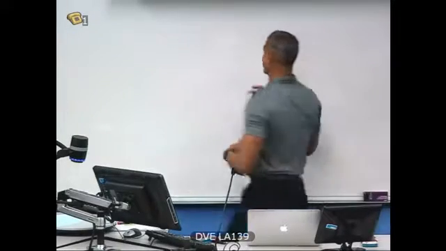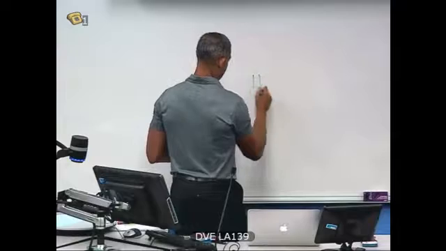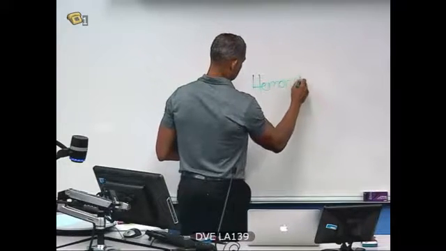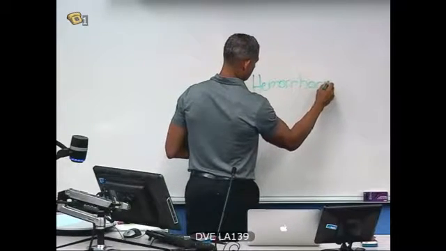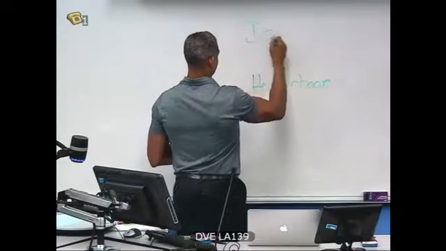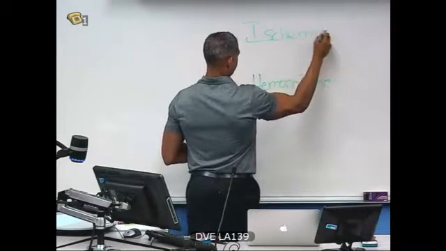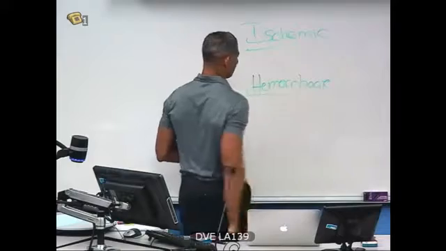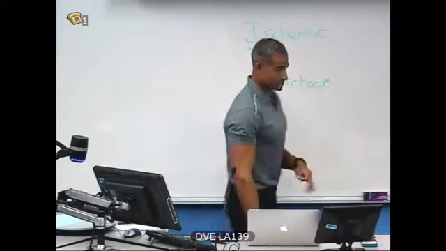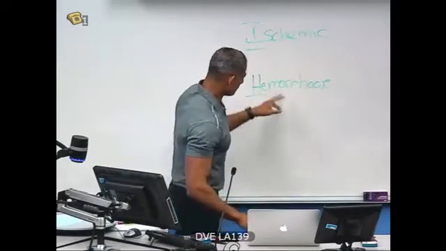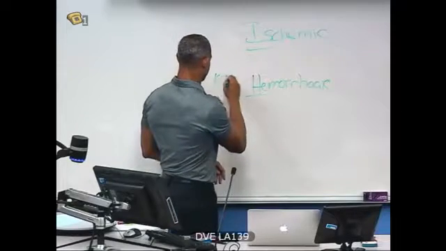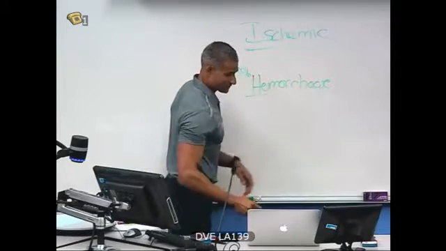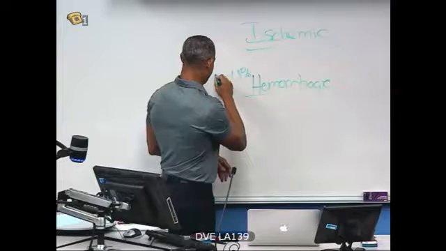So you have hemorrhagic. Let's just talk about this since the circle of Willis is fresh in our brain. About 10 to 15% of strokes, give or take, your source, because it varies dramatically, is